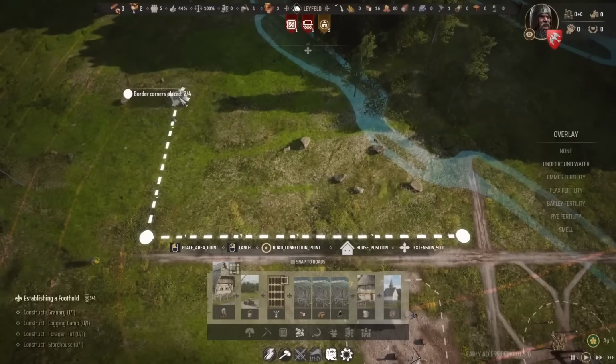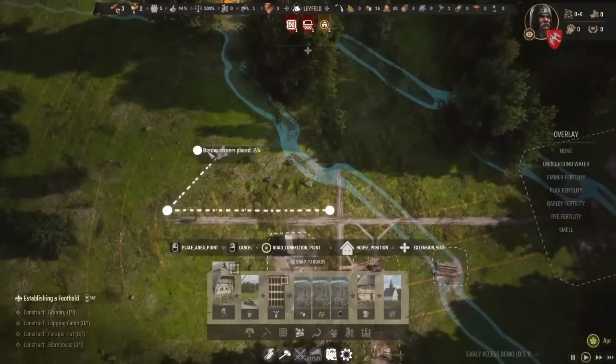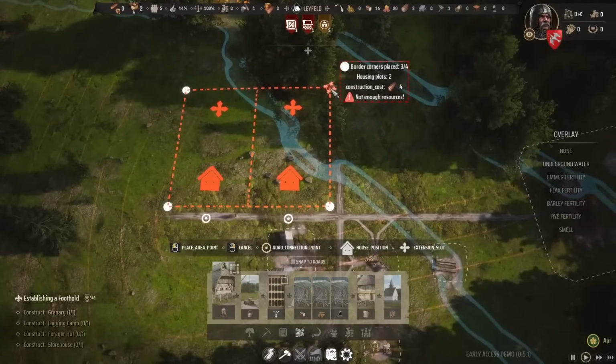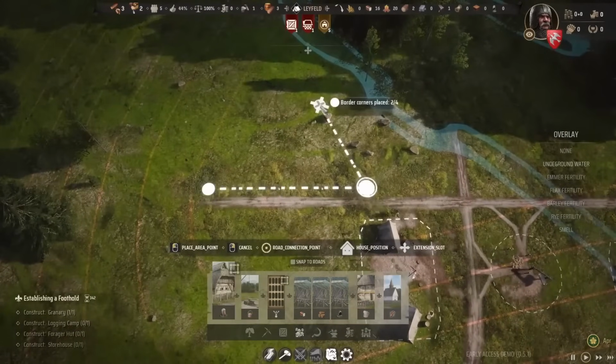Let's go ahead and try to build it along this way. As you can see, a little too small. Wow, it's only going to hold 2 homes too, so these areas have to be quite large in order to hold the homes and the extensions. Looks like we don't have enough resources just yet, but I love how you can build with these. You can just basically